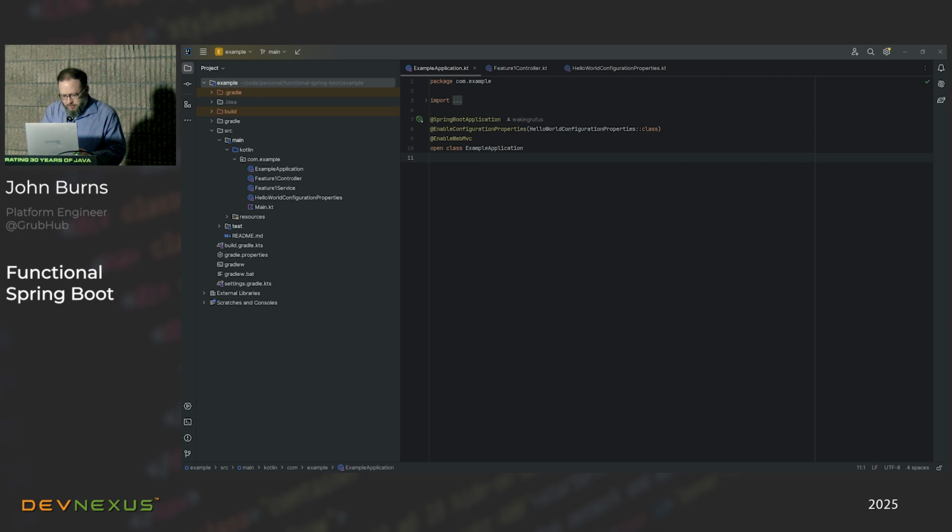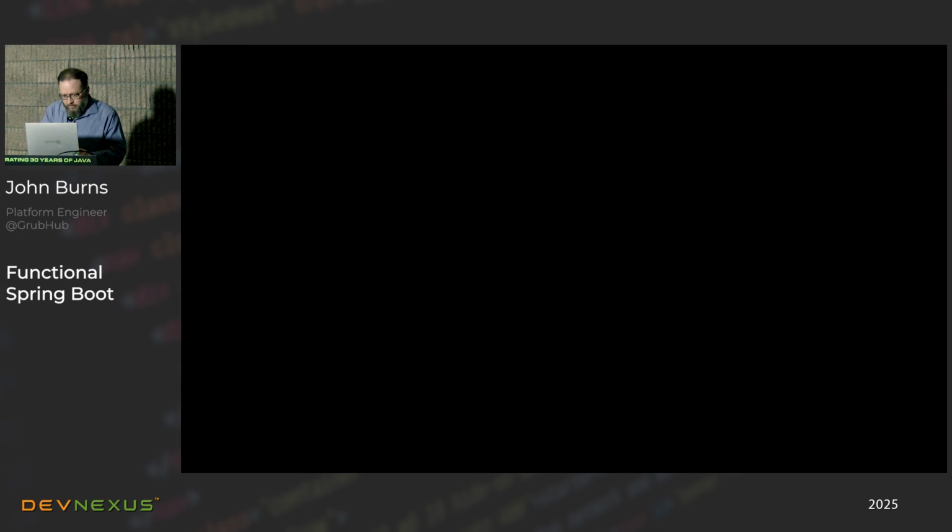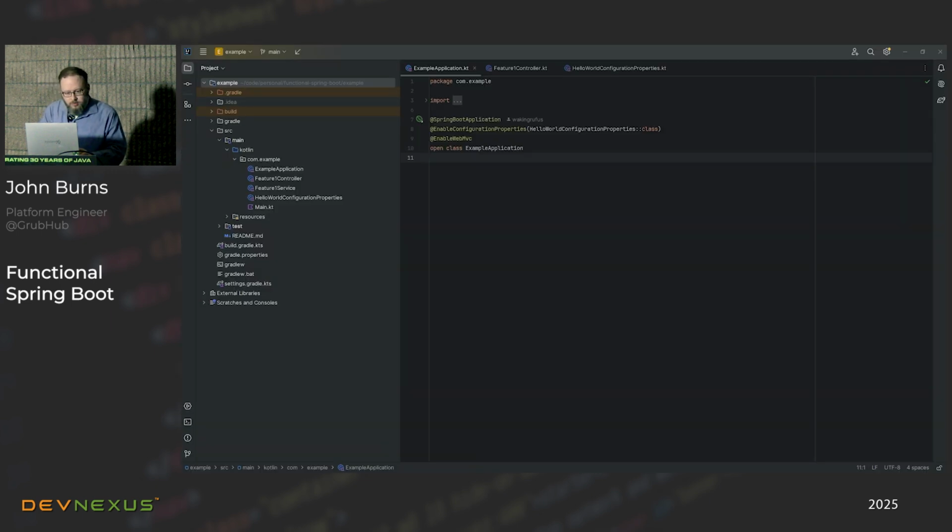Uh-oh, of course now this is not working. What happened to my... I've lost my other screen.